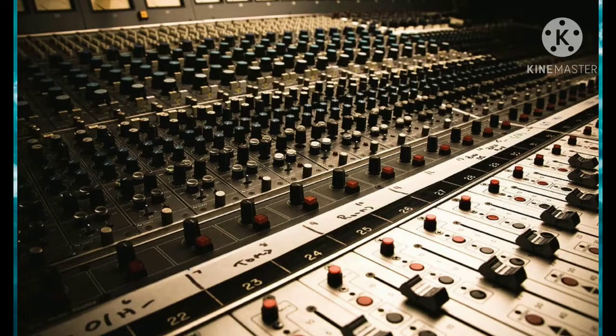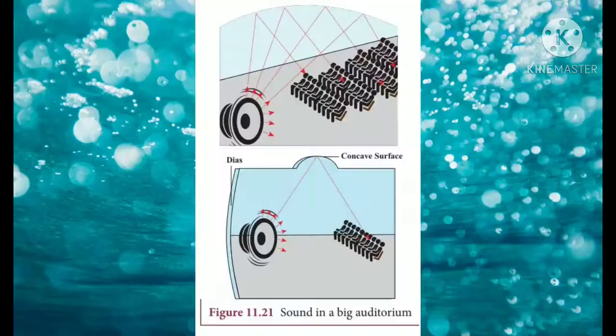Do you know what this is? Yes, this is the image of the soundboard. Here is the soundboard, and it is connected near the speaker. The curved surface is near the speaker. So the sound of the speaker is reflected towards the audience, improving the quality of the sound that is heard